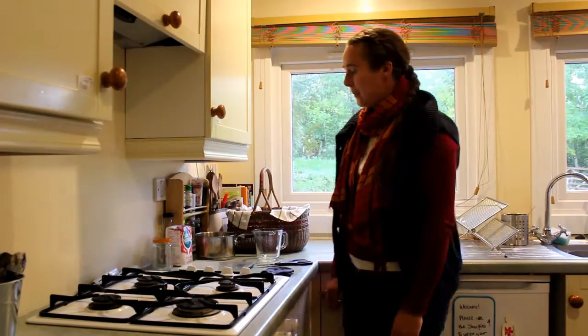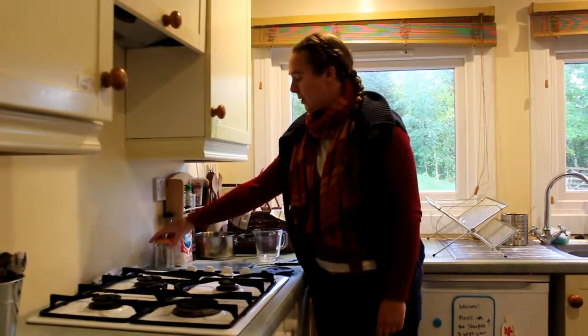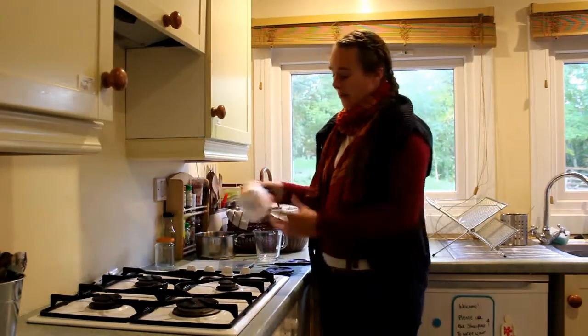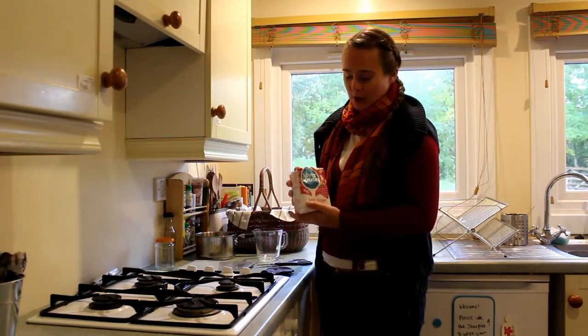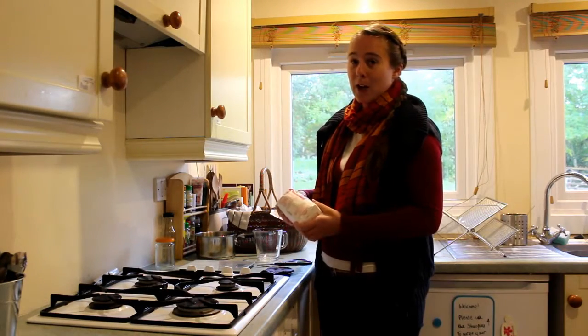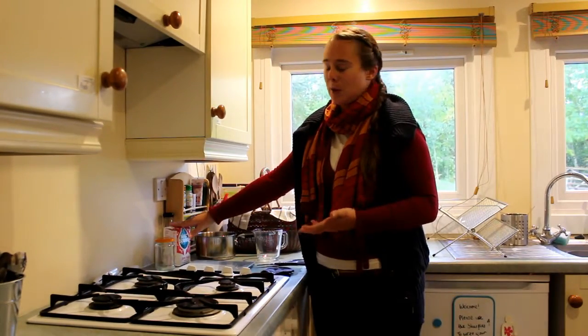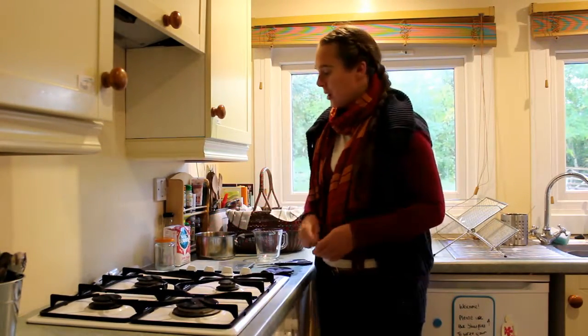This week we're going to make Rowan berry jelly. Now what we need to make our jelly is a jar to put the jelly in when we're finished, some sugar. Now I like this sugar because it's got added pectin from apples, and that helps the jelly to set because berries typically don't have very much in, and so you need to add other things to make it set